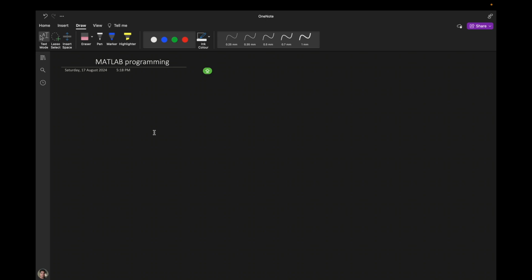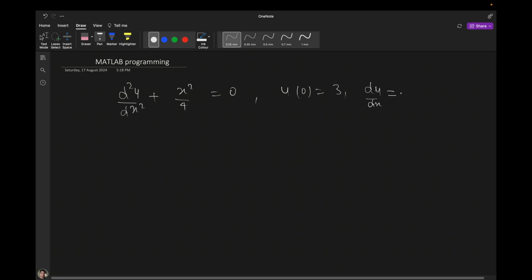Yeah. So this was the differential equation which sir has solved in the class. And the boundary condition was like this, u(0) equal to 3 and du/dx equal to 1. And we already saw what the variational statement will be. It will be 0, and here the boundary condition is